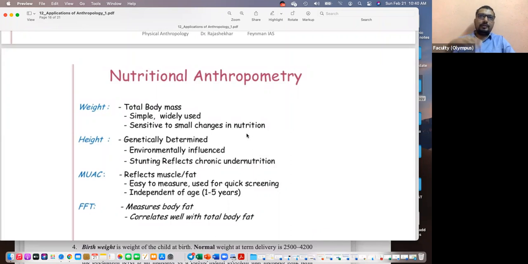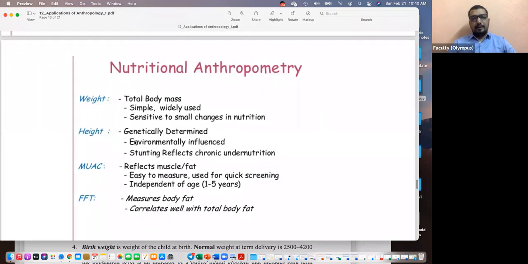Like for example, if some person is not receiving enough carbohydrates, enough fat, you can clearly see within a month the difference in their weight. Correct? So, a very simple calculation, easily done. We need a proper scale for this. And with that, we can understand the changes in the body mass with weight.